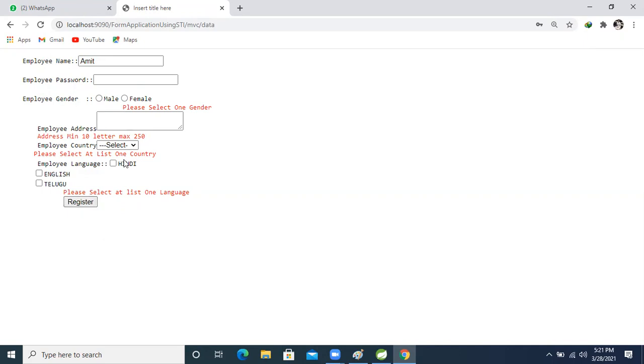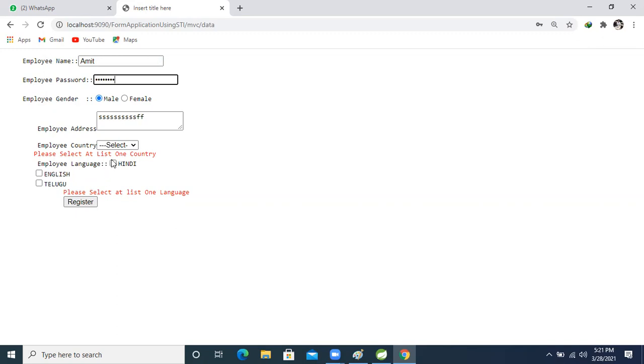See, but still these things are being asked. So now I'm selecting male also. Now click on that. See, all the red is gone, but still this field we are not validating, which means again we are getting the error. So now I'm going to take the address also. Now click it. So with the address also, the messages are gone.